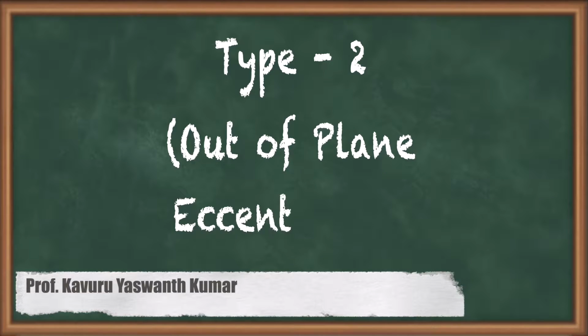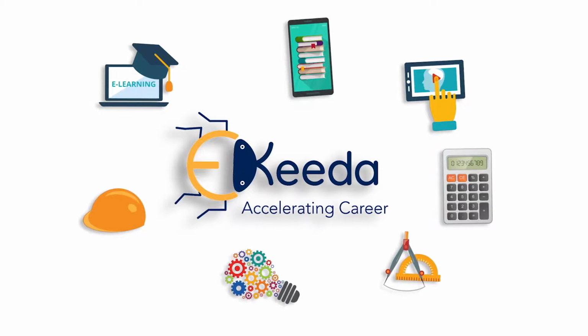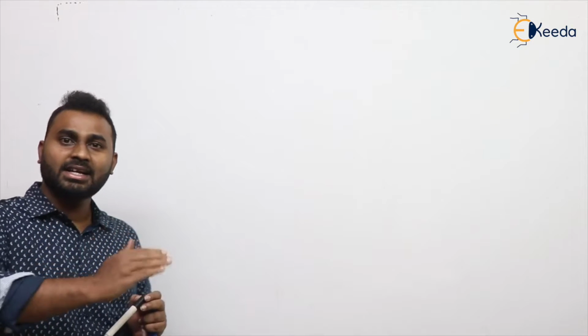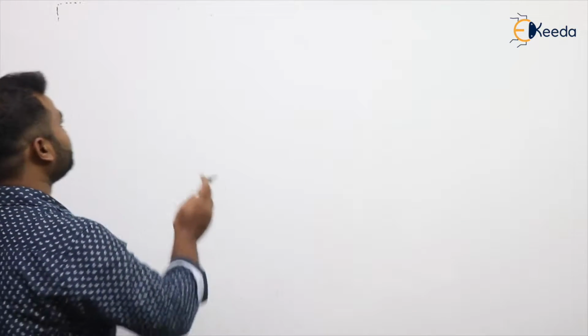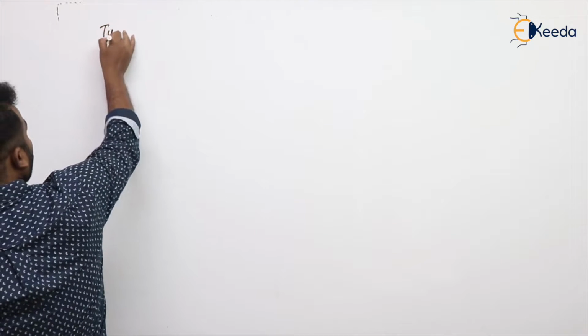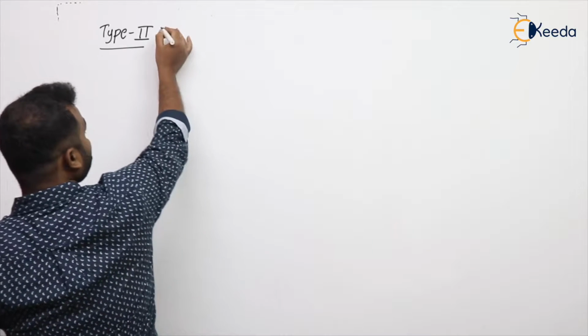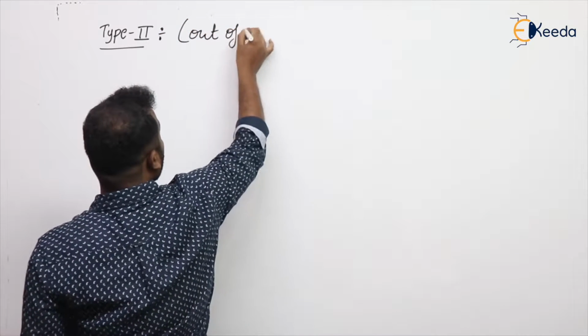Hello everyone. In this video, we are going to discuss type 2 eccentric welded connections. So next and last topic in this welded connections is type 2. Okay. Type 2 eccentric welded connection. So type 2 is nothing but out of plane